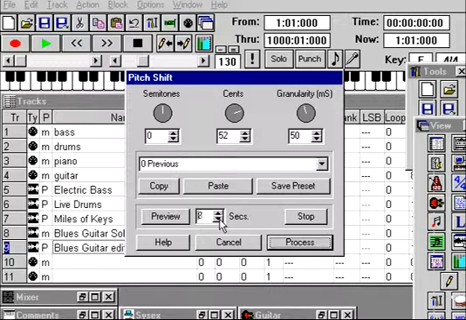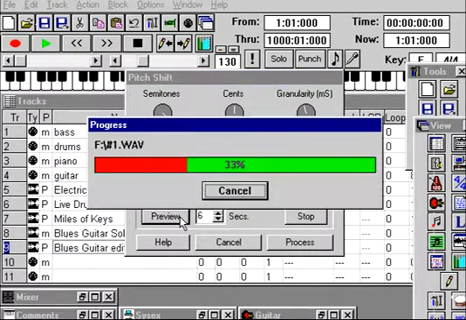We could preview it for any amount of seconds we want, just to make sure that this is in fact what we want to do. Maybe before we do that, let's look at what it would sound like if we changed the pitch of the instrument quite drastically in semitones. Maybe we're going to change it up an octave, so that we've got guitar playing at the original octave and at the higher octave. If we preview that,